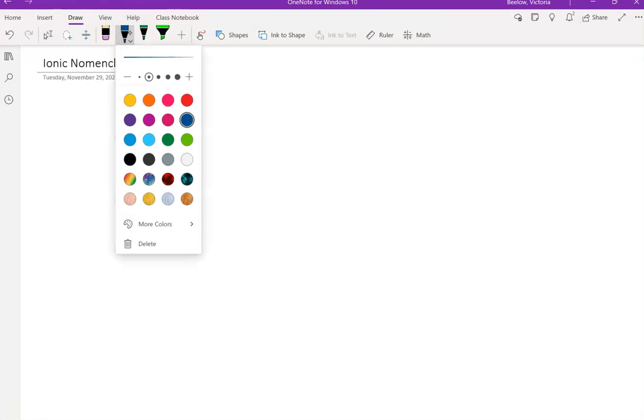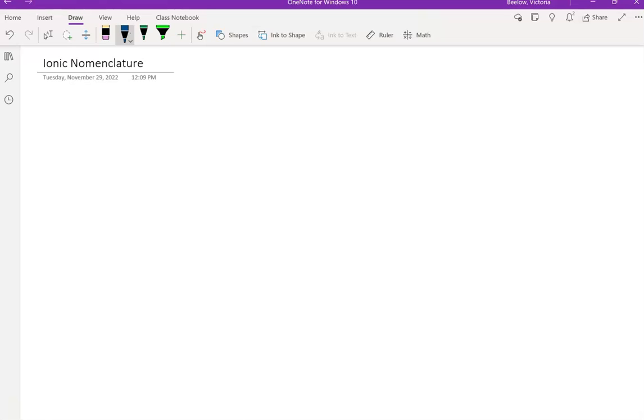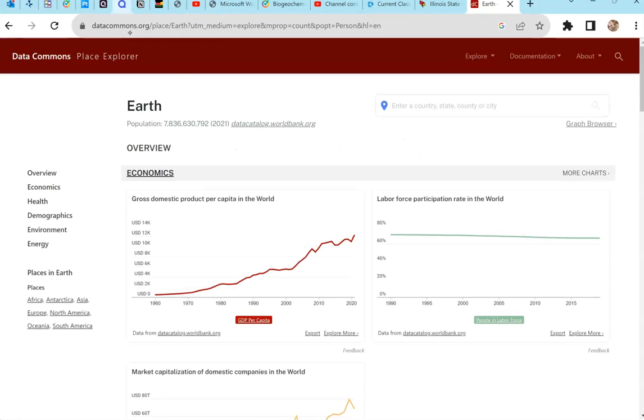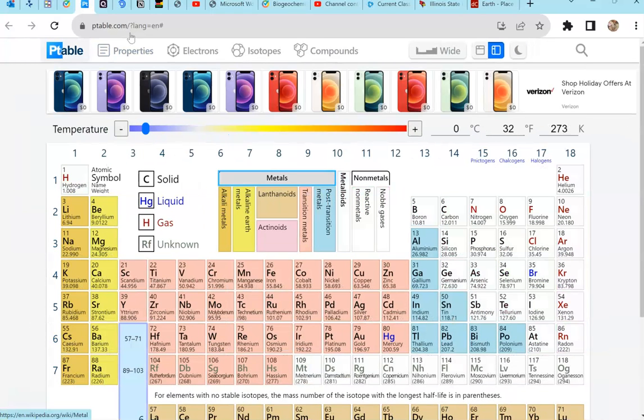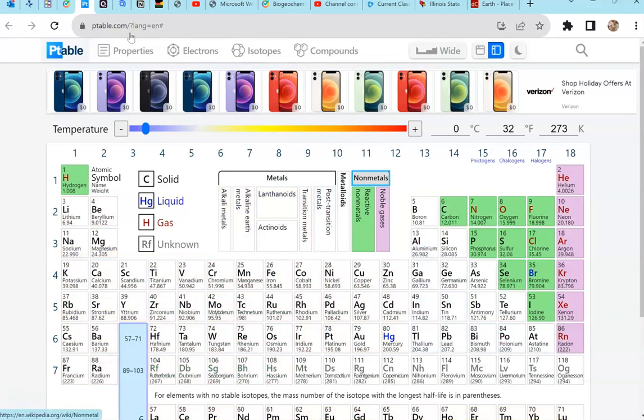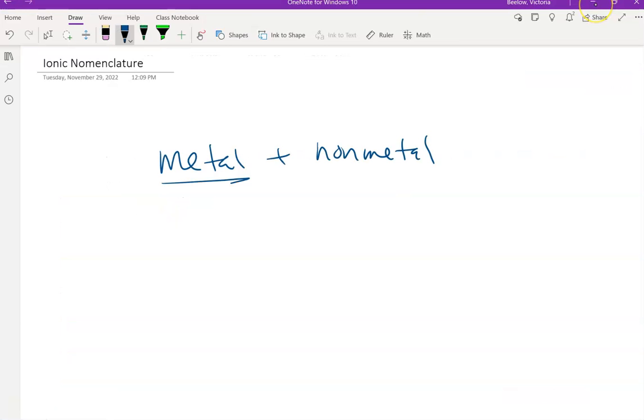In this video I'm just going to go over some quick examples of ionic nomenclature, which means naming ionic compounds. Ionic compounds are always going to be composed of a metal and a non-metal. The metal will always be written first, and that will always be something on the left-hand side of the periodic table, to the left of the staircase. So these are all your metals. And then all of your non-metals will be to the right of the staircase,